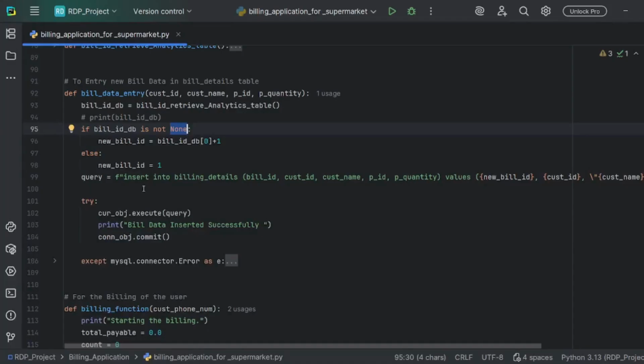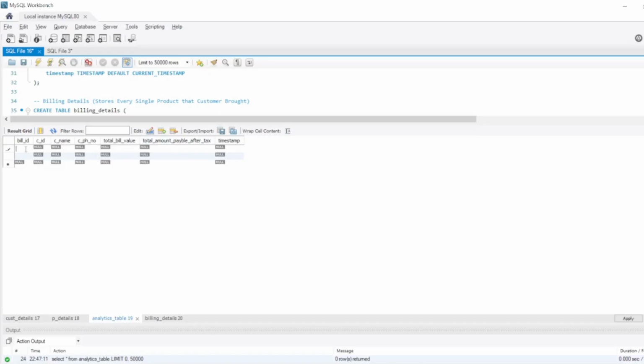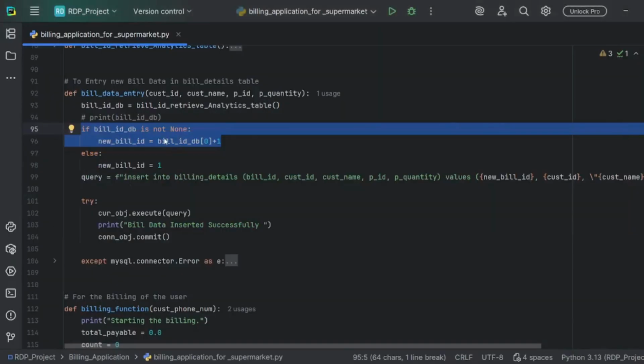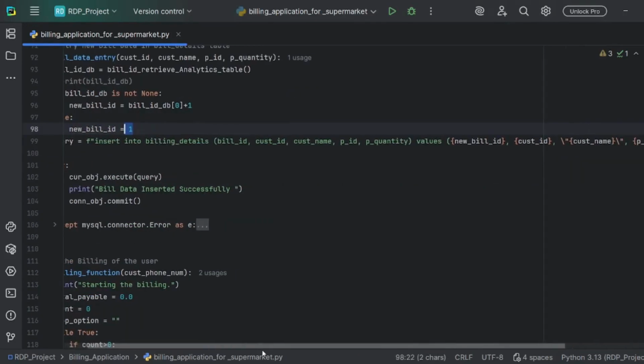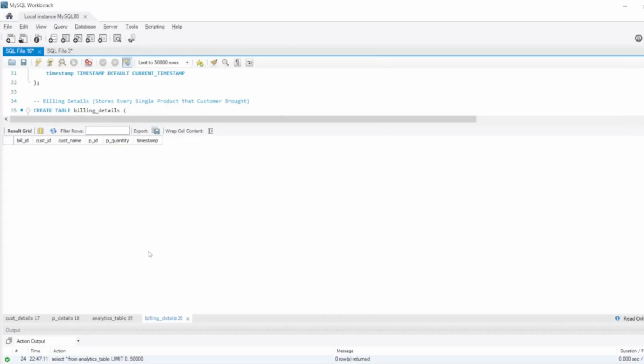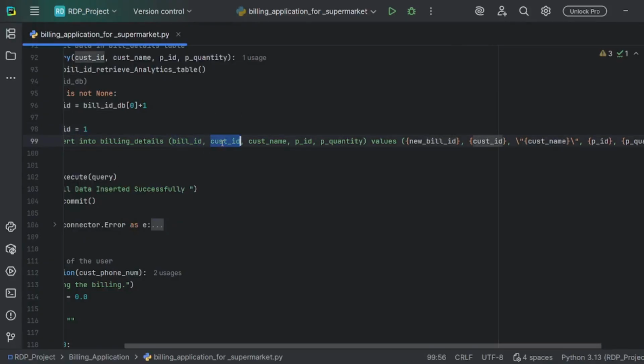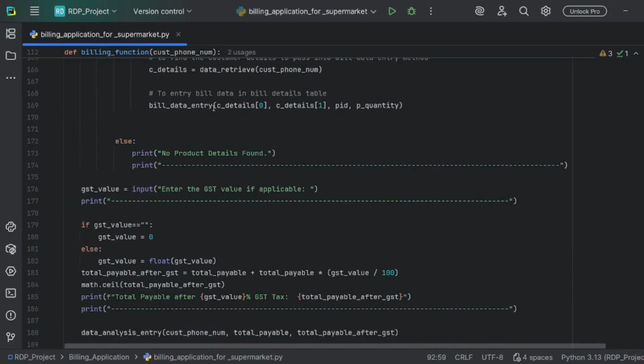Okay, so now let me describe this part: if the bill ID is not None, that means we have some data here. In that case we will increment the bill ID that we got from here by 1. If it is None, then we will initialize the new bill ID as 1. Now once we get the bill ID, we will insert into the billing details table the bill ID, customer name, product ID and product quantity. Once the bill data entry function is over,